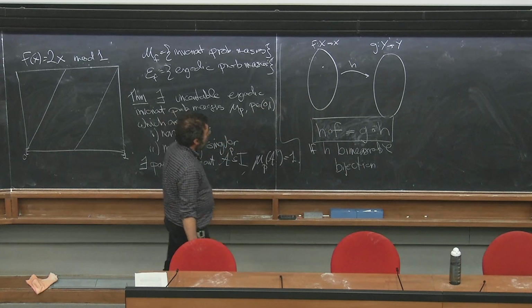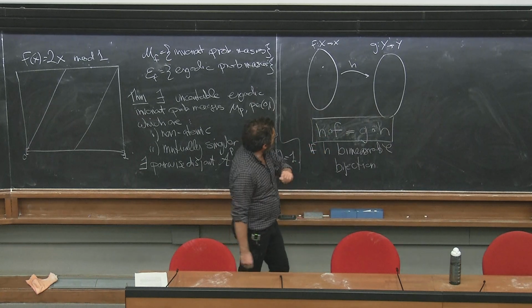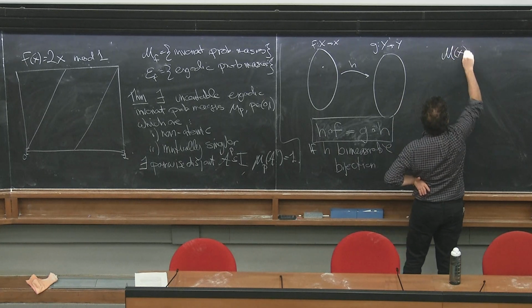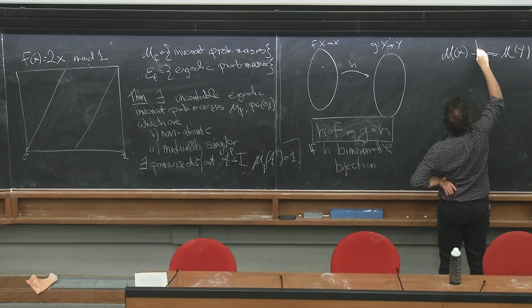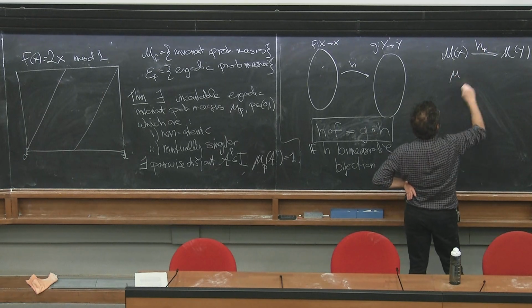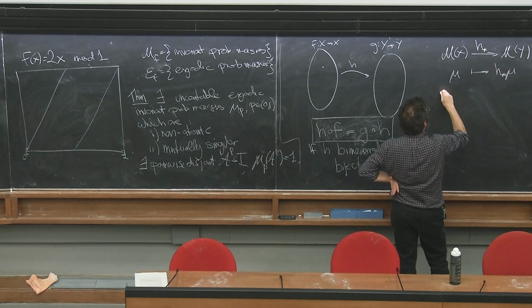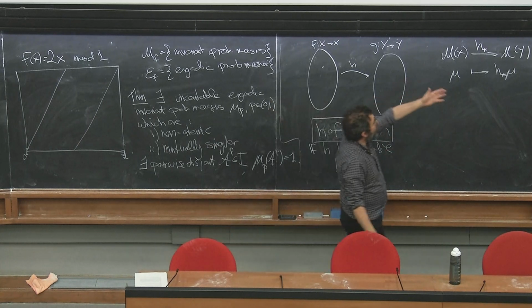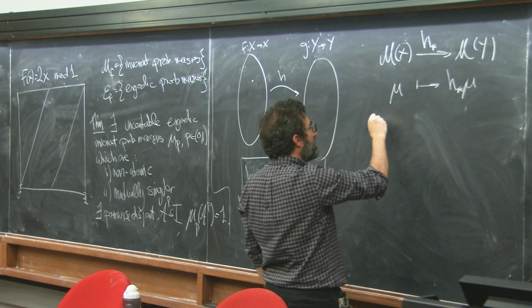Yes, you're right. Okay, so it turns out that if you remember the push-forward operator, we can have the space of invariant measures for X and the space of invariant measures for Y, and we can define using H the push-forward operator, where if we take a measure mu, we map it to a measure H star of mu on Y. And this is defined exactly like we defined the push-forward operator when X is equal to Y, right? This is just a little generalization because they don't need to be exactly the same space.